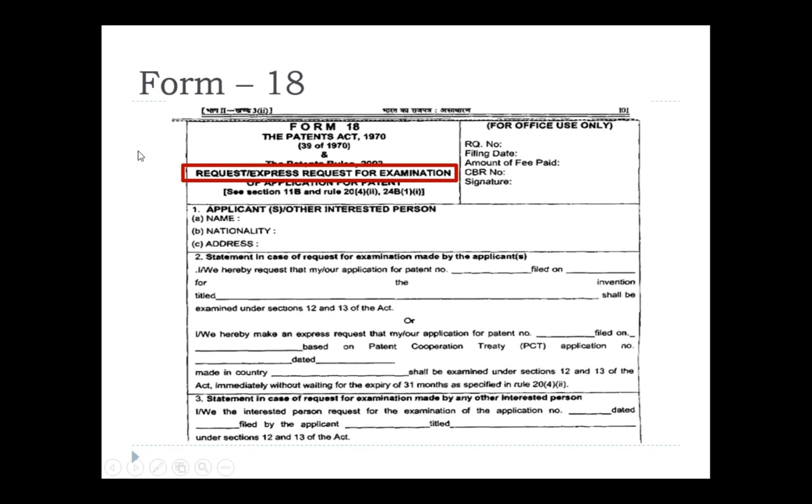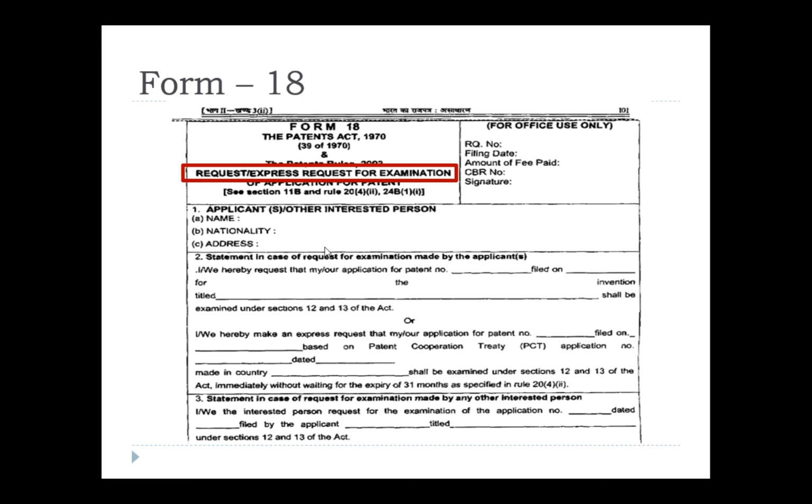Generally, the examination process lasts a minimum of 2 years to 3 or 4 years, depending upon the volume of applications received by the patent office of that particular department. But in these specific cases, we can request the examination, or you can speed up the examination process by filing this form 18A.